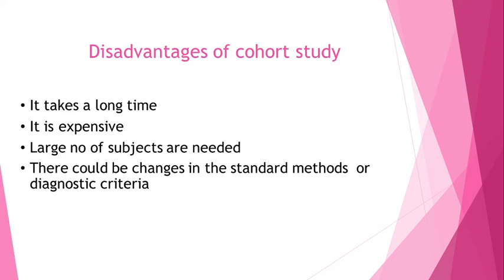Even a very important disadvantage is that there may sometimes be dropouts of the candidates who are enrolled in the pharmacoepidemiological studies, and in that case the follow-up becomes very, very difficult. So even if there is a large number, there may not be sufficient data because the follow-ups are not there, data is not available. And most of the time they are observational studies. So being observational studies, we cannot truly establish causation, and we cannot guarantee that all of the confounders have been ruled out. So even the cohort has its own disadvantages.